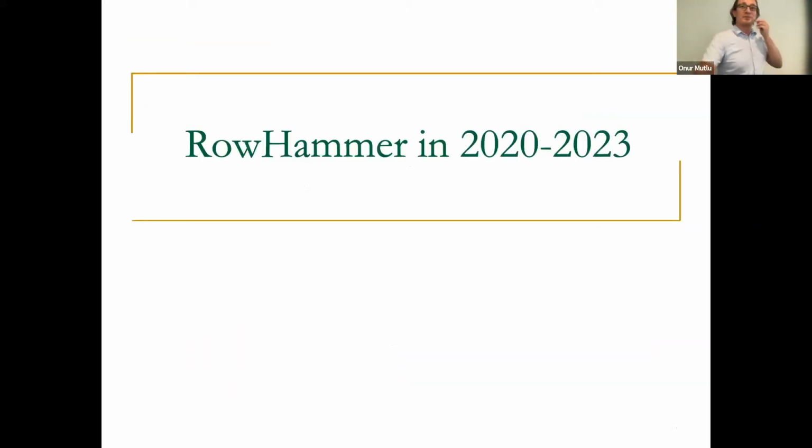Any questions? Yes, please. So, of course, you could go and hammer and then you can use bit flips. But if you just run normal applications, and you're not trying to do anything adversarial, then do you see RowHammer problems? So that's an excellent question. So we did not try to do that. Actually, we're looking at that right now. I think currently it's a lot easier to do that.